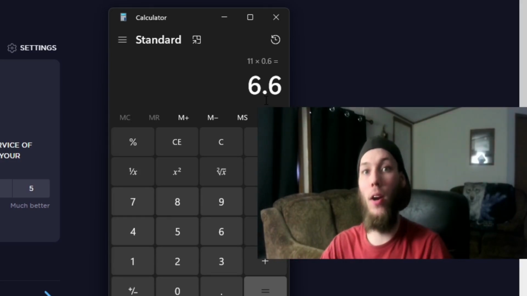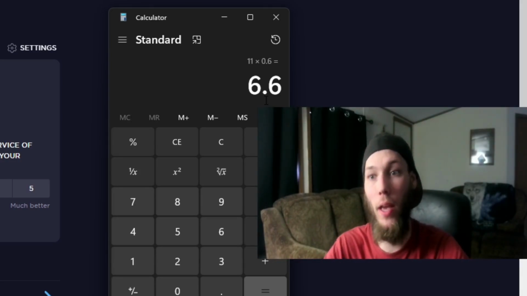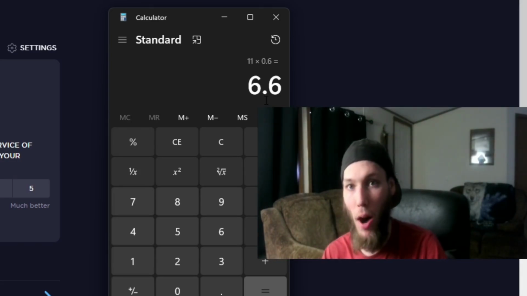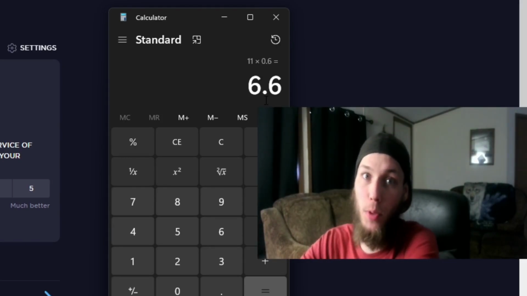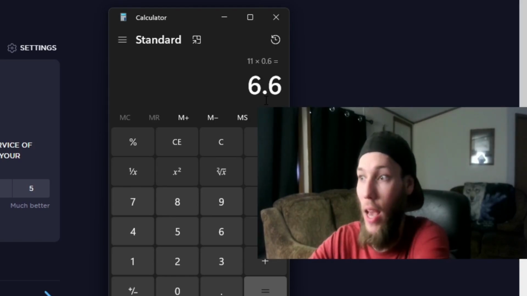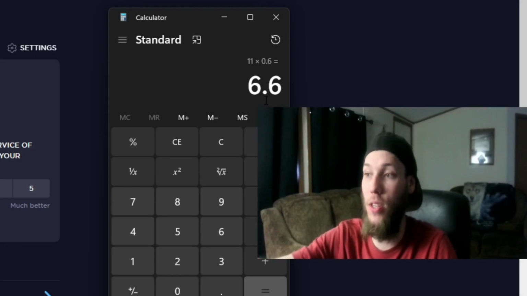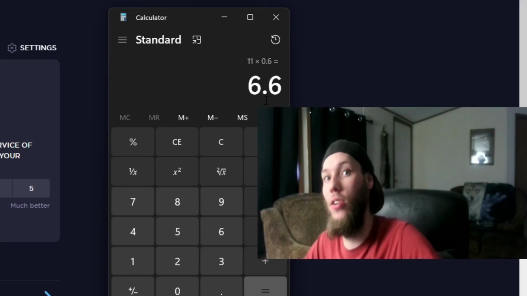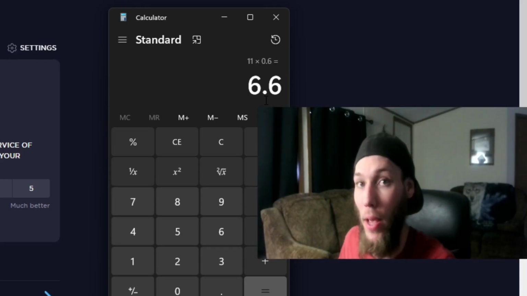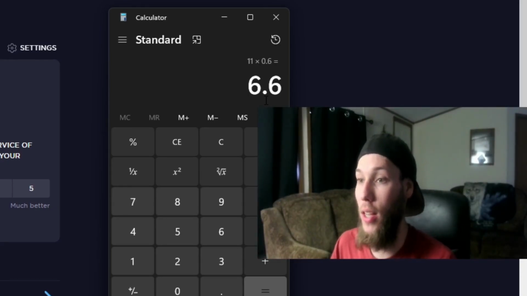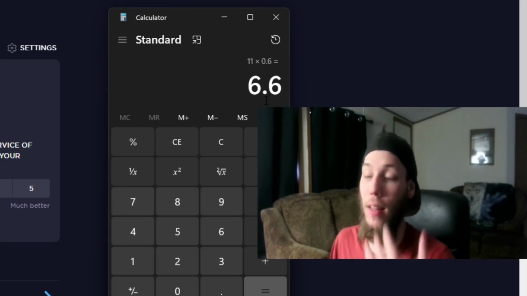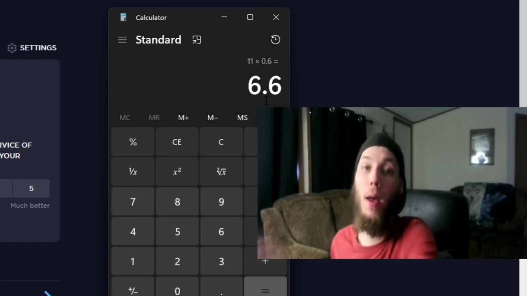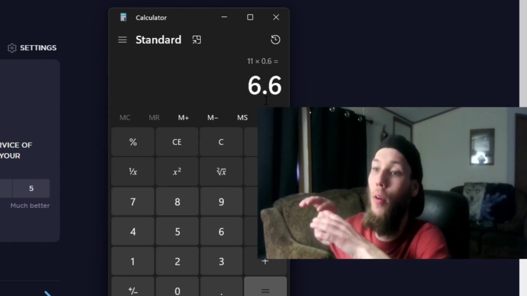Now this is where it's going to be up to you and how much buffer you want to leave. For me, I would normally round this up to 7,000 for my bit rate, because 6.6 is a representation of 6,600 that we have to set for our bit rate. I don't like to have weird numbers like that, so I like to round up or down to the nearest thousand. In this case, I would normally round up, but for me personally,